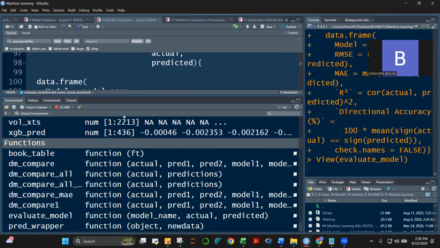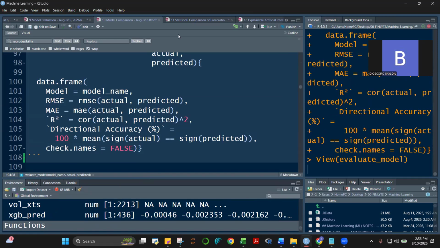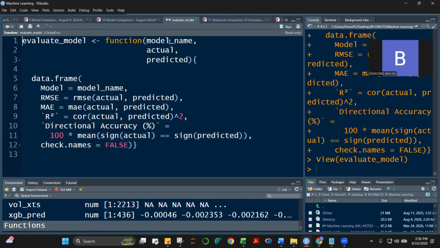If I click this, what is inside? Here it is. So we created our own function, evaluate model. What we will do is change the model name and define the actual and the predicted value. So in other words, evaluate model, open and close parenthesis, the model name, the actual value and the predicted value. Okay, so let's do that.